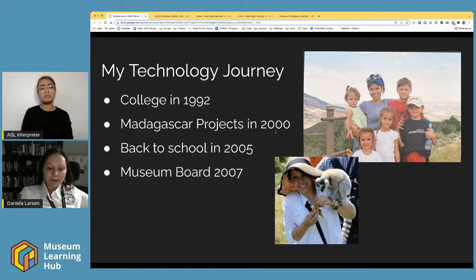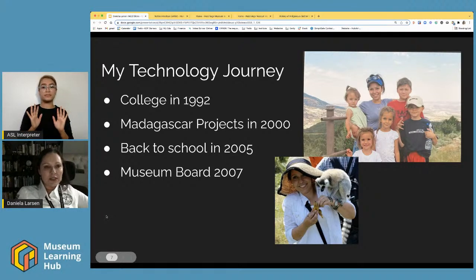My technology journey, it was funny when they first asked me to speak at this. I'm used to teaching the technical side of the technology that we use, and after talking to the organizers, they basically just wanted me to inspire people: if you can do it, anybody can do it. It made me laugh a little bit, but it's so true that we can. I think sometimes we get a little bit overwhelmed at how much and how fast the world is changing, especially if we have stepped out of the world a little bit.